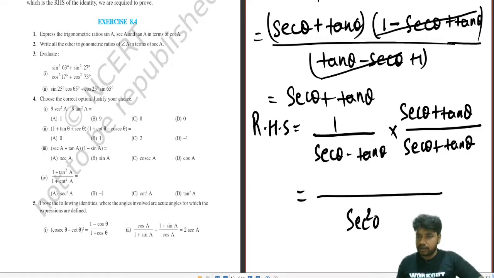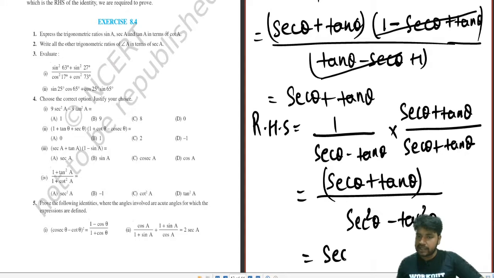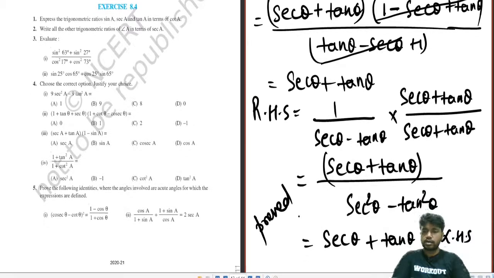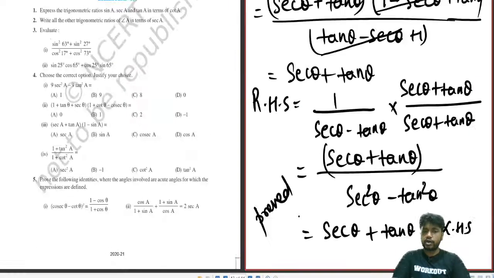So the numerator part remains intact, and the denominator part becomes what? A minus b into a plus b is a square minus b square, and the numerator is 1 into sec theta plus tan theta, which is sec theta plus tan theta. Now this is equal to 1, so we are left with sec theta plus tan theta, and this is equal to LHS. So basically, proved. Look into this sum very carefully. I would move the page a bit up so that you can see it clearly, because my face would be coming here.